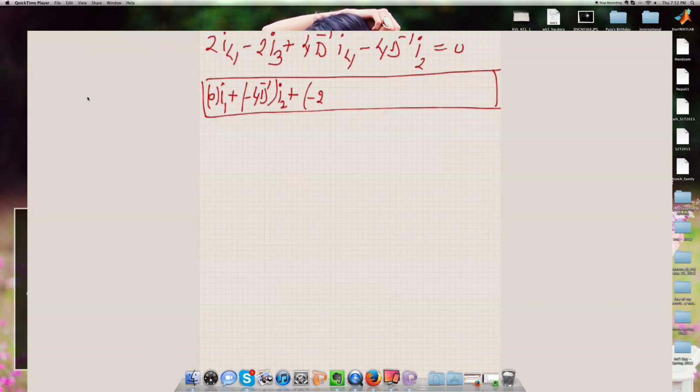Need to be careful here. I3 plus 2 plus 4 D minus 1 times I4 equals 0. So therefore, finally, the matrix equation is